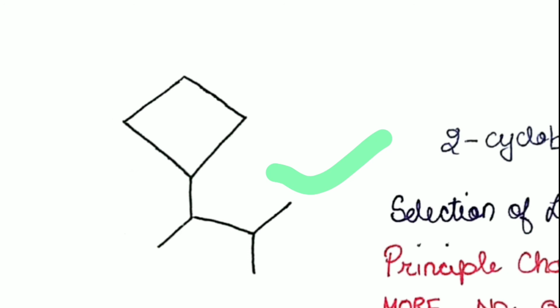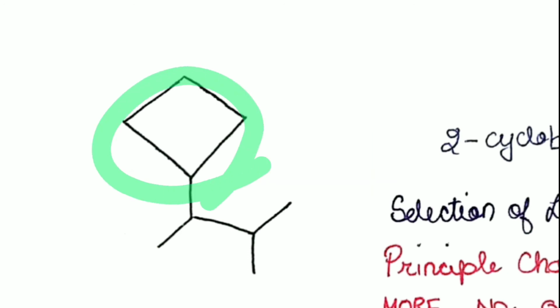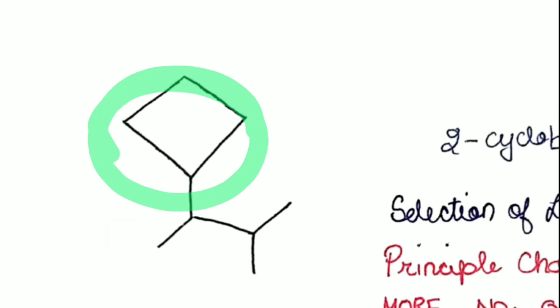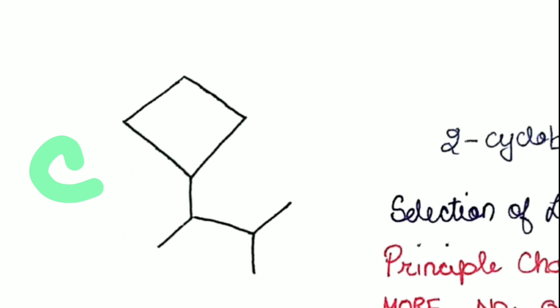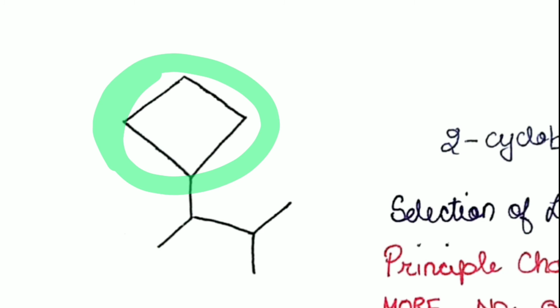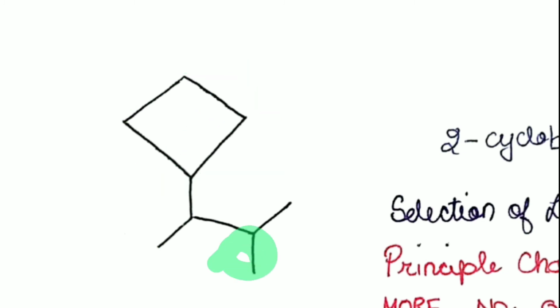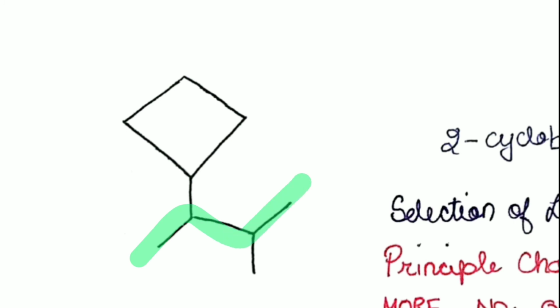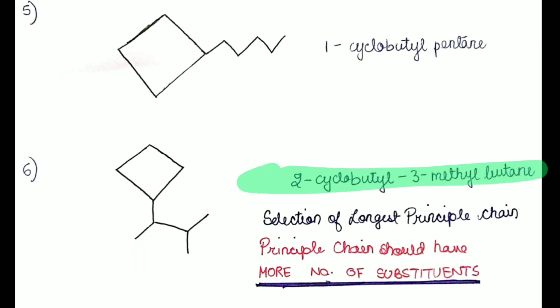Now guys, you see that the cyclobutyl part will be given greater priority because it is a ring and it has 4 carbon atoms in it. Therefore, we'll start our numbering from the left. And also, according to the alphabetical order, we can see that C comes before M. Therefore, the cyclobutyl part will get priority over the methyl group part. Therefore, we'll start our numbering from the left hand side and we are going to get 2-cyclobutyl, 3-methyl, butane. That's the name of this compound, guys. 2-cyclobutyl, 3-methyl, butane.